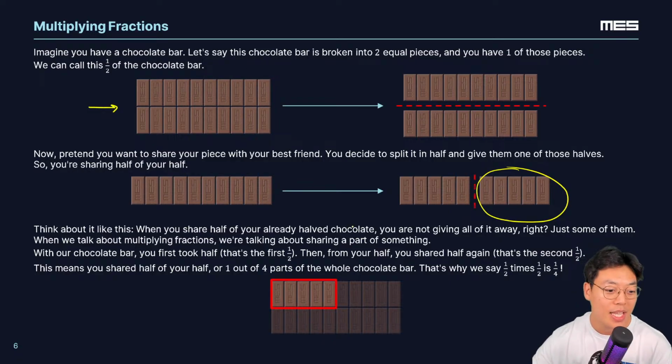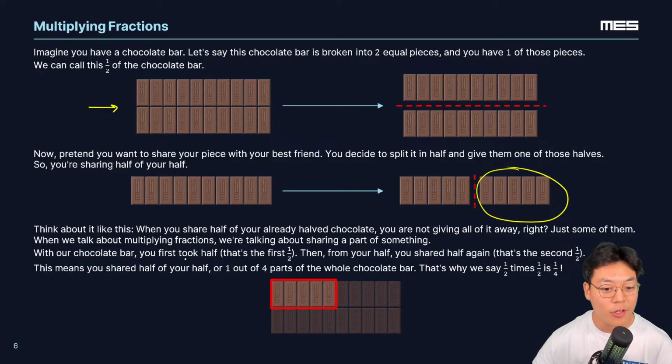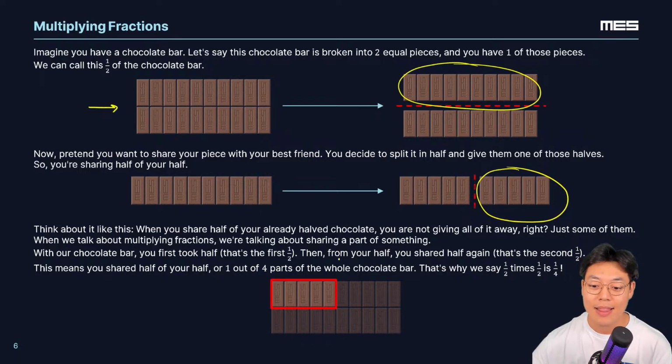Just some of it. When we talk about multiplying fractions, we're talking about sharing a part of something. With our chocolate bar, you first took half. That's the first half. And then from your half, you shared half again. That's the second half. This means you shared half of your half, or 1 out of 4 parts of the whole chocolate. Another way to write half of your half is 1/2 times 1/2, which gives us 1/4, as shown